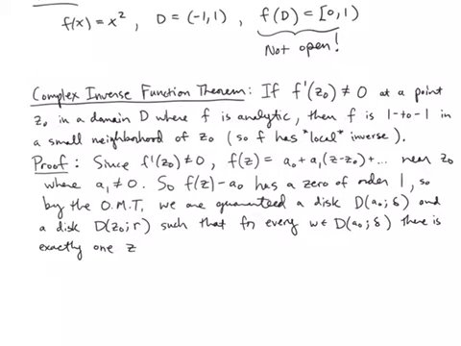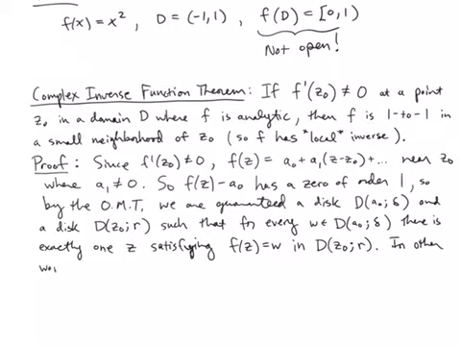So there is exactly one z satisfying f of z equals w in the disk around z0 of radius r. So in other words, f is 1-to-1 in, so if we look at the inverse image of the disk around a0 of radius delta, and so